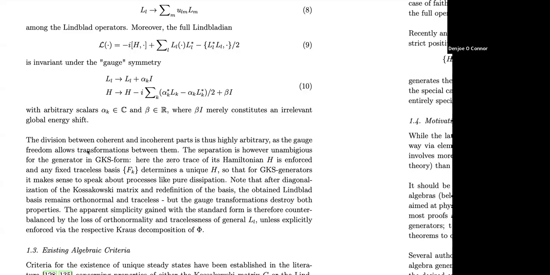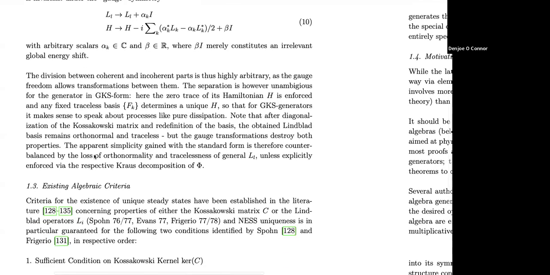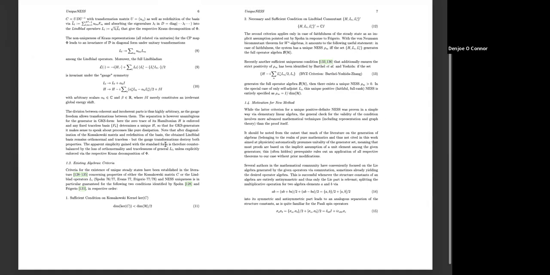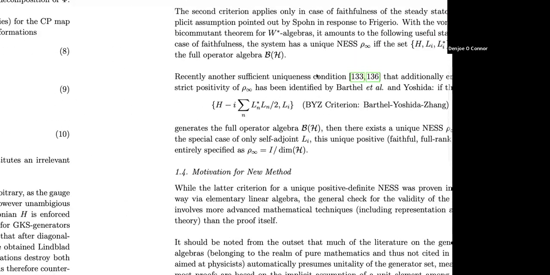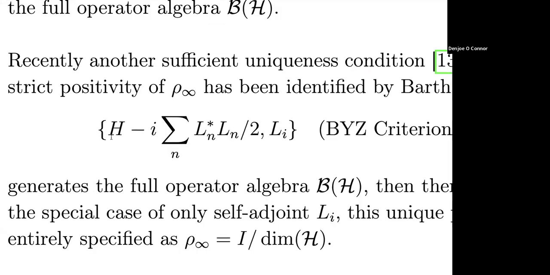But in general, you have this gauge freedom, right? So it's always a little bit hard to say what is the jump and what is the Hamiltonian, because you could shift it around. But if you start with this, then the criterion really has this effective Hamiltonian that involves the Hamiltonian and the jumps, and the sum of all the jumps. And then in addition, also the single jumps themselves. Right? And so you have to look at this, and then you construct those digraphs. And what you do is basically, this is now very short,